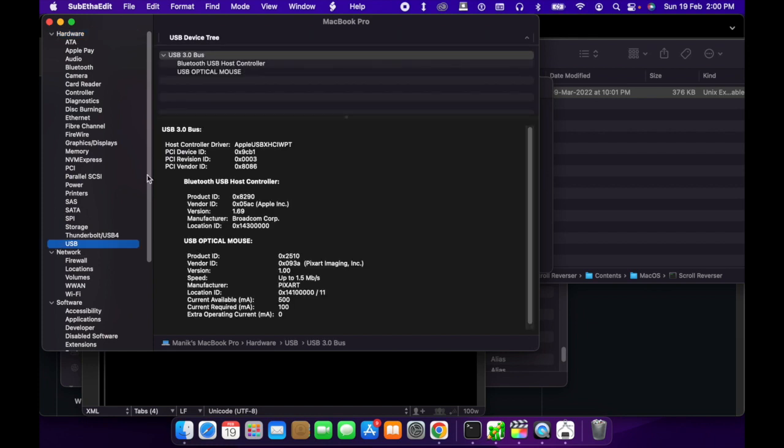Okay, so this is my USB mouse, so I can see this USB optical mouse here, and the product ID and the vendor IDs are written here. But the important thing is that these values are in hexadecimal, so we need to convert it to integer. So for that it is very simple, just copy this value